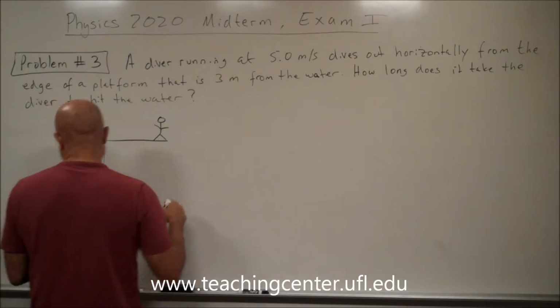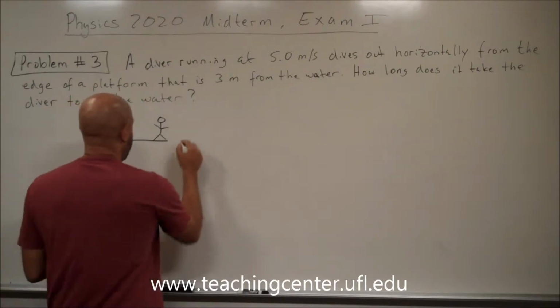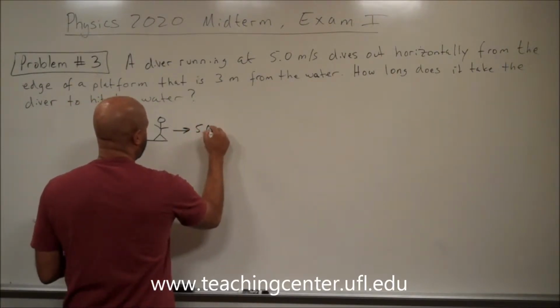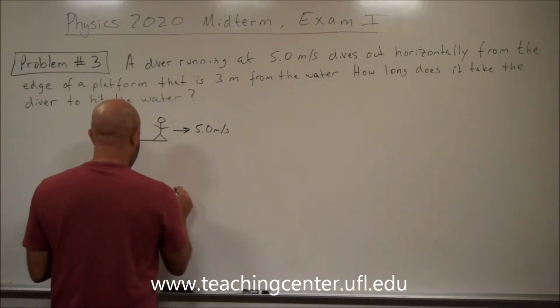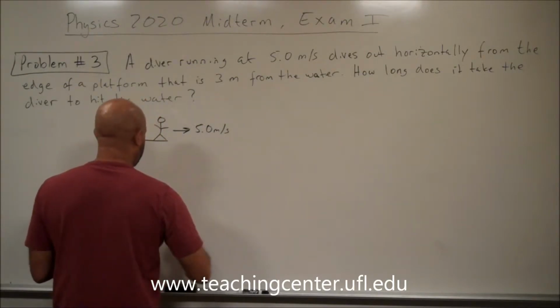We've got basically our platform here with the person standing on it, and they're going to be diving out horizontally at 5.0 meters per second, and you have basically the water below,